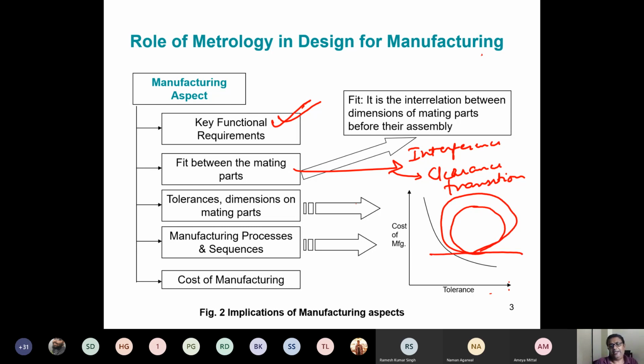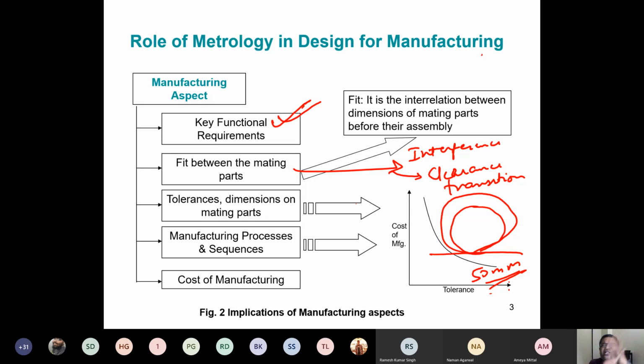So when I make the shaft, right, I set out to make say a 50 mm shaft. Can I make a 50 mm shaft? Is it possible for me to do a 50 mm shaft? Pakka 50 mm. Can I do that? Bang on 50 mm. Is it humanly possible? No, very correct. I cannot. There is no way, because I can't even measure it with that accuracy, let alone making it. Right? So there will